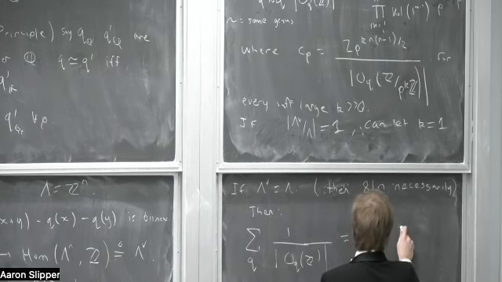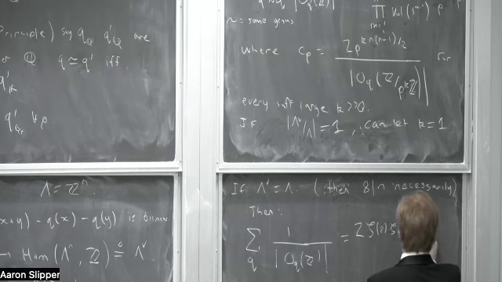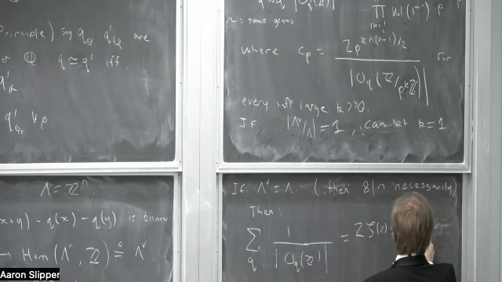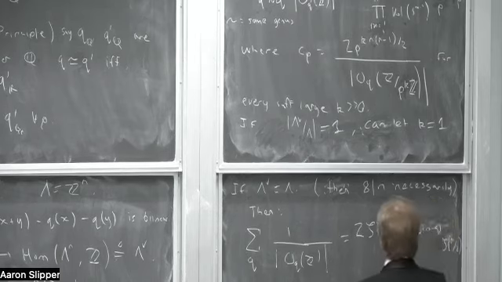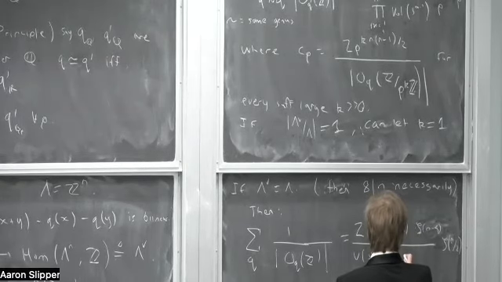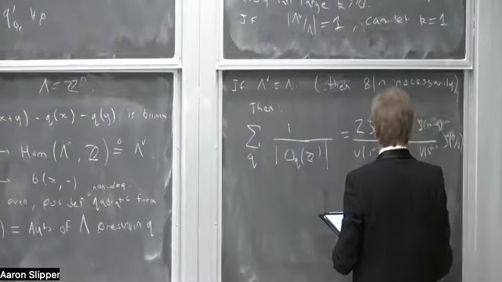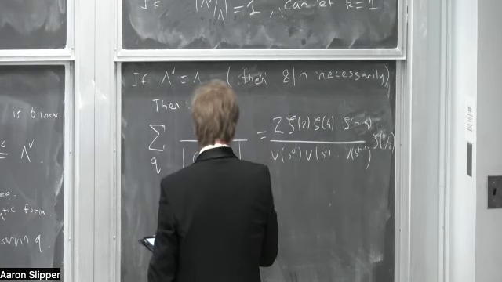Theta 2, theta 4, theta n minus 4, zeta and 2 all over volume of S naught times volume of S1 up to volume of S n minus 1, which can also be written as